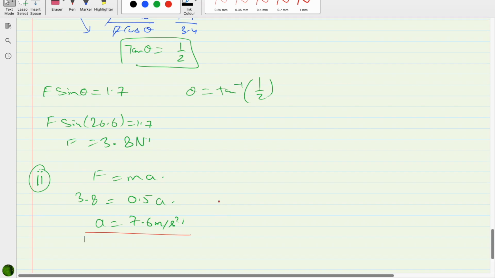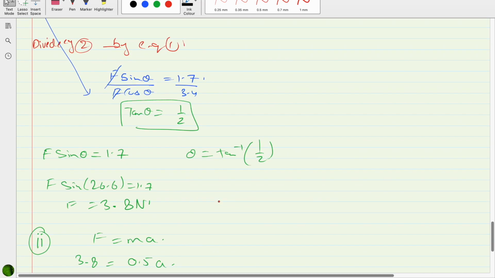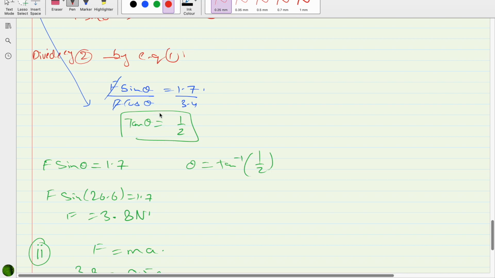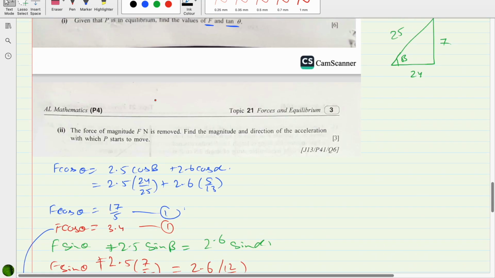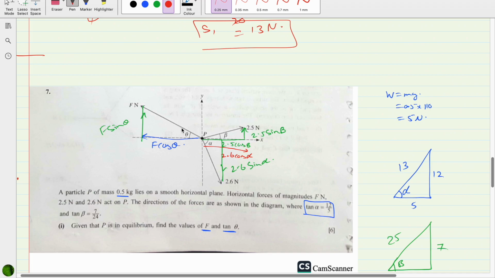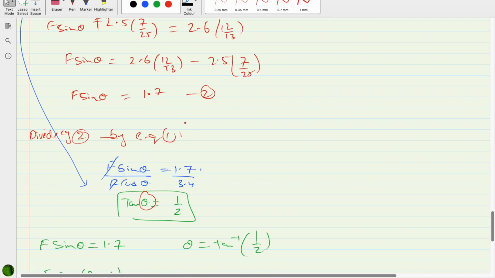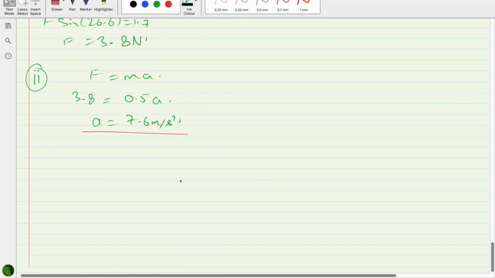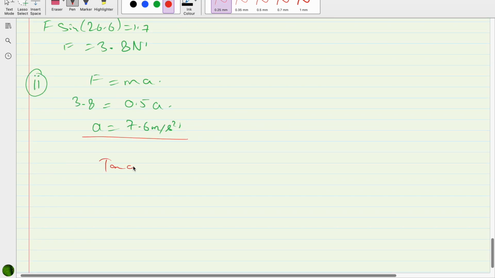And direction. We already know what this theta was representing in this question. See, this is theta. So direction would be, when this is removed, exactly opposite of this. First I'm finding this theta using the equation tan theta equals 1 by 2. Theta is equal to tan inverse of 1 by 2, and I get 26.6